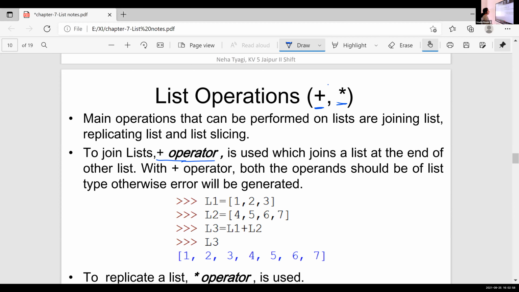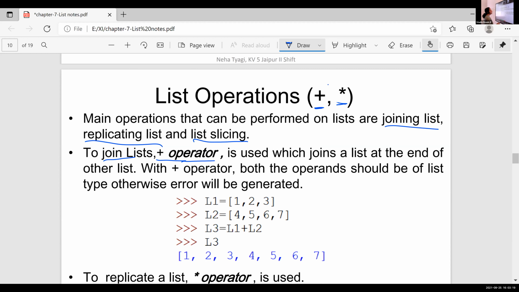So the main three operations are joining a list, then replicating a list and list slicing. These are the three operations related with list. And the first operator, plus, is used for joining a list.